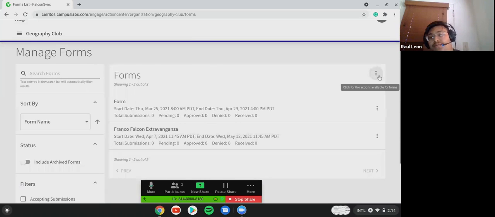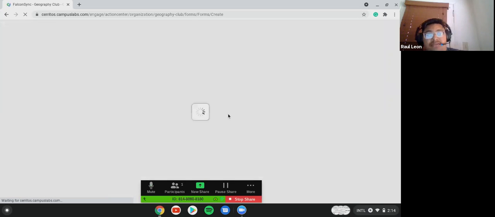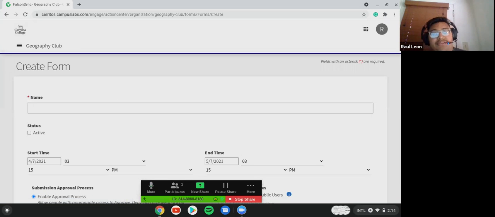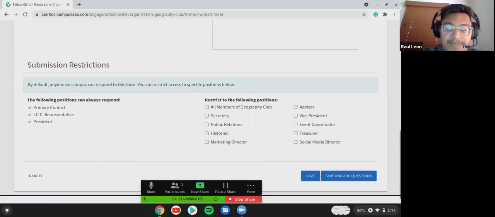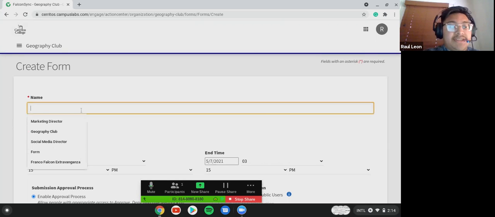Forms can be used for so many things, such as elections, competitions, nominations. For those familiar with the ACC nominations for the Spring Awards or Fall Awards, this is what was used for that. So yes, we're gonna click these three dots in the corner, and we're gonna click on create form. So when we make a form, we see this page right here. It might be different for some administrators, but for us student leaders, this is what we see.